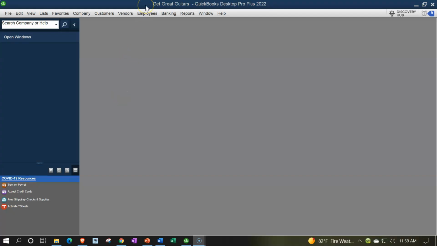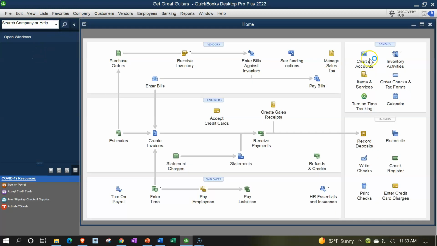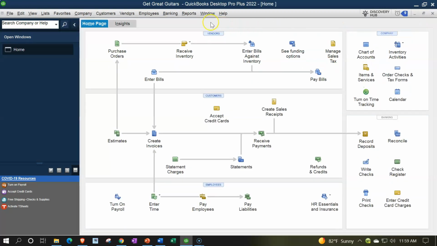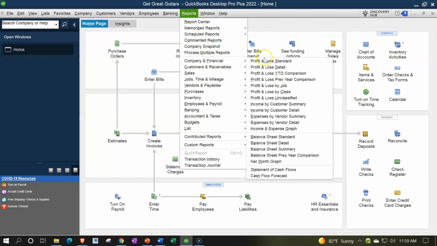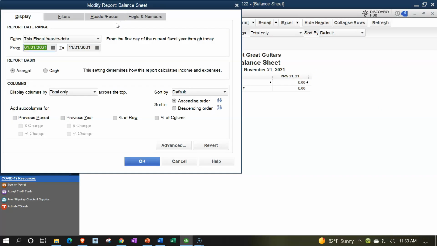Here we are in our Get Great Guitars practice file, going through the setup process with the View drop-down, the Open Windows list on the left-hand side, Company drop-down, Home page in the middle, maximizing to the gray area. Reports drop-down, Company and Financial, moving on down to the Balance Sheet Standard, customizing that report with a range change